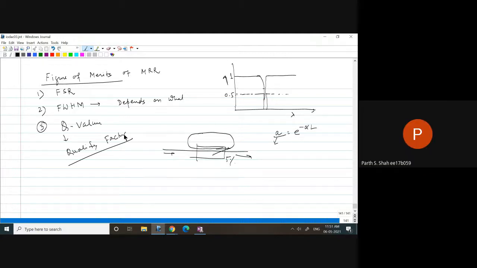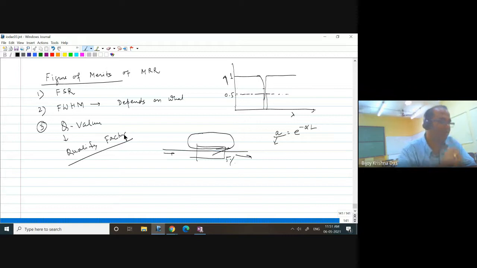I'm just giving you something to think about instead of a textbook definition. I'm just giving you an idea. Suppose you are launching a CW wave. So you are continuously pumping, and every time, meaning continuously, per unit time you are coupling some value,